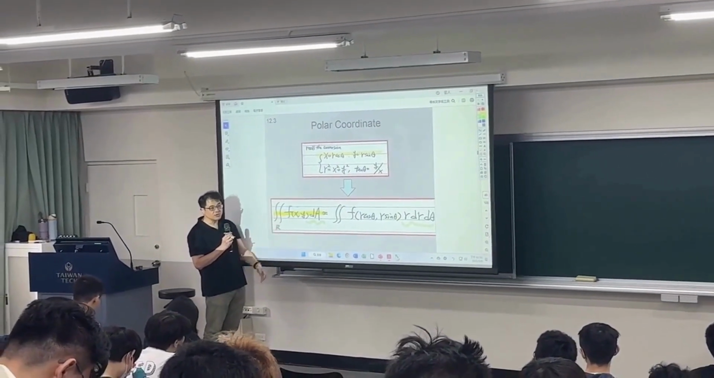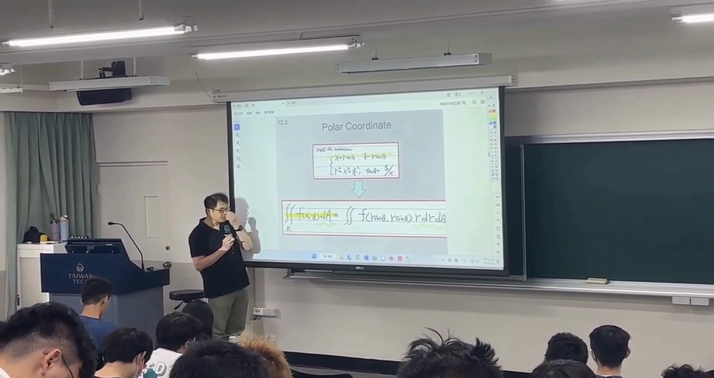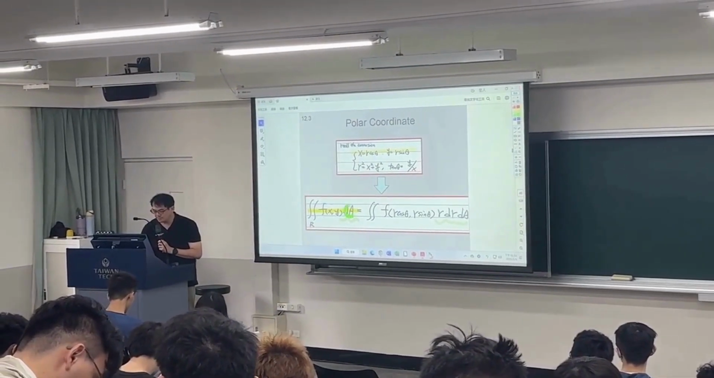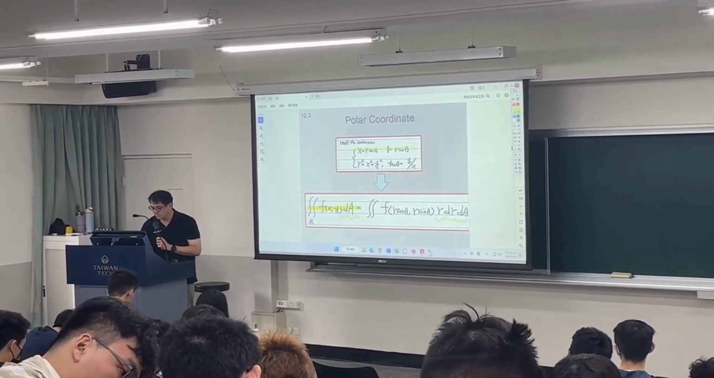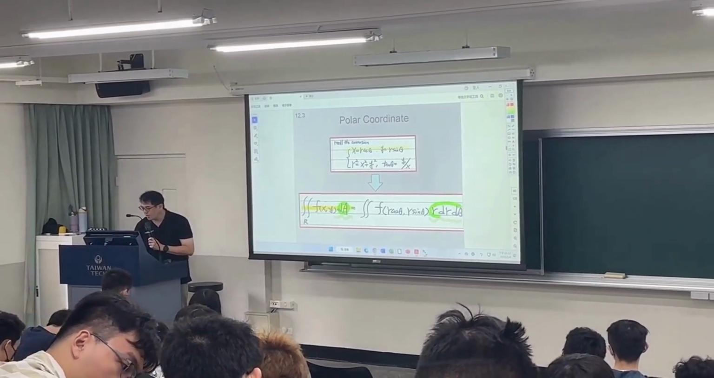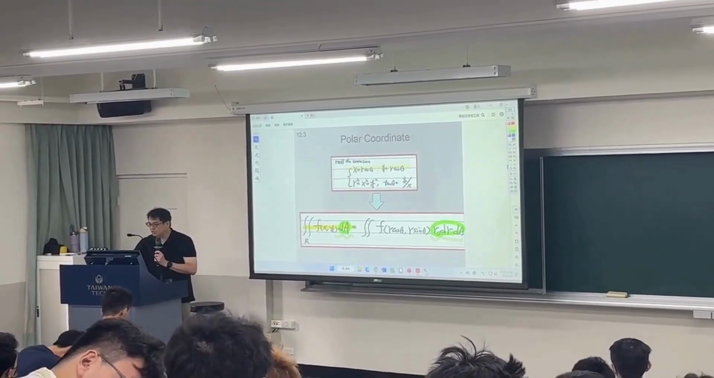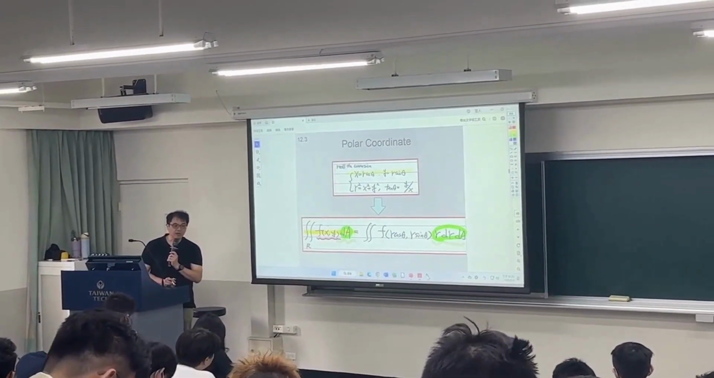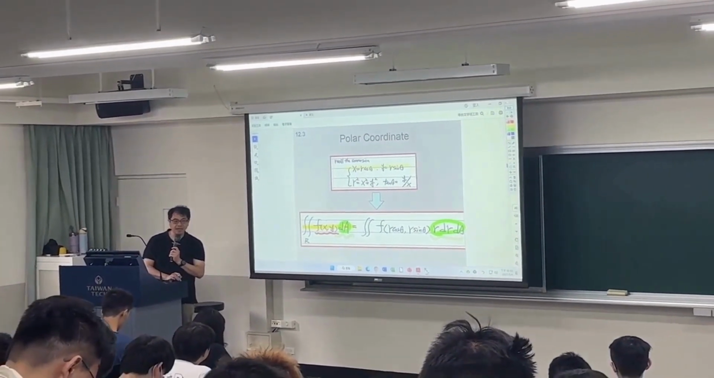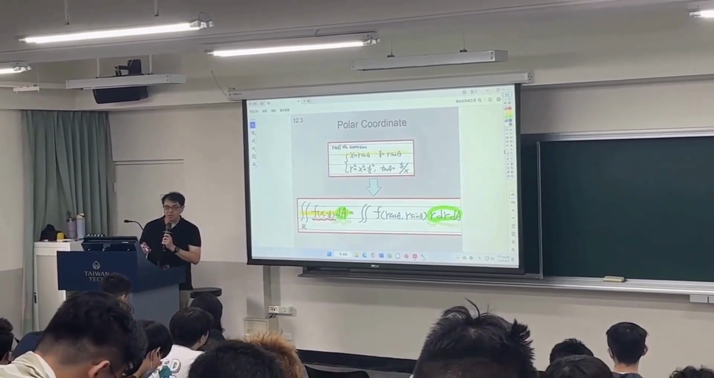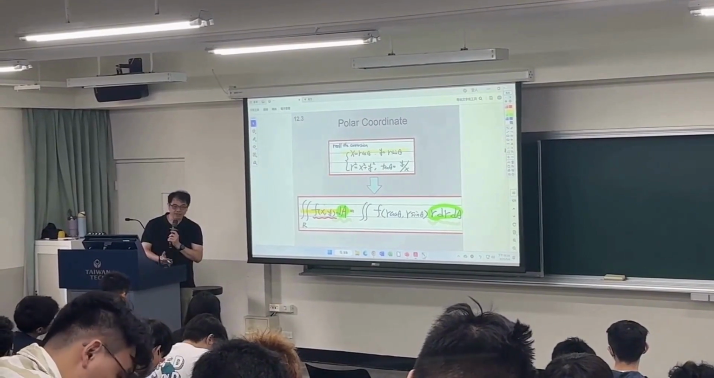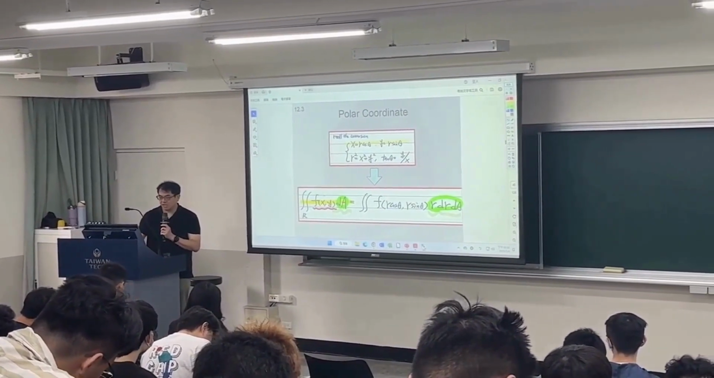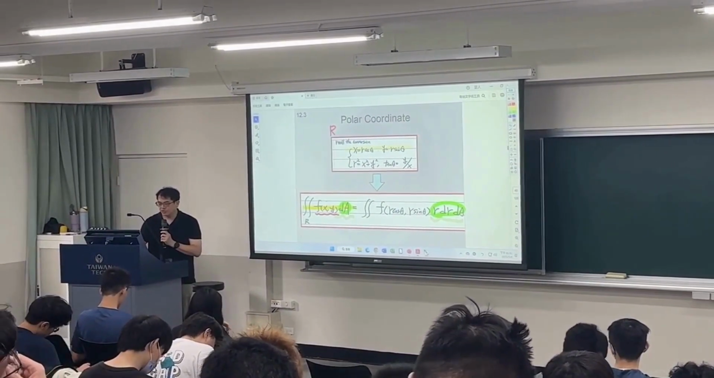To convert rectangular coordinates into polar coordinates, you have several things to do. The first thing is you have to change your dA into r dr dθ. And also don't forget your integrand, which was originally determined by the x and y position. But when you are doing the coordinate conversion from rectangular to polar,